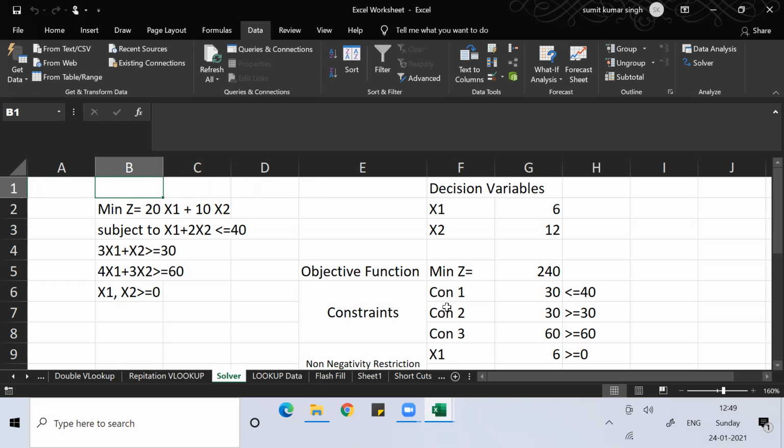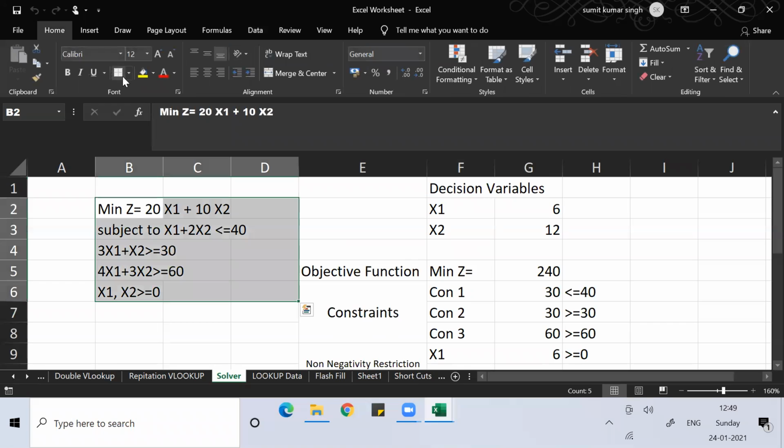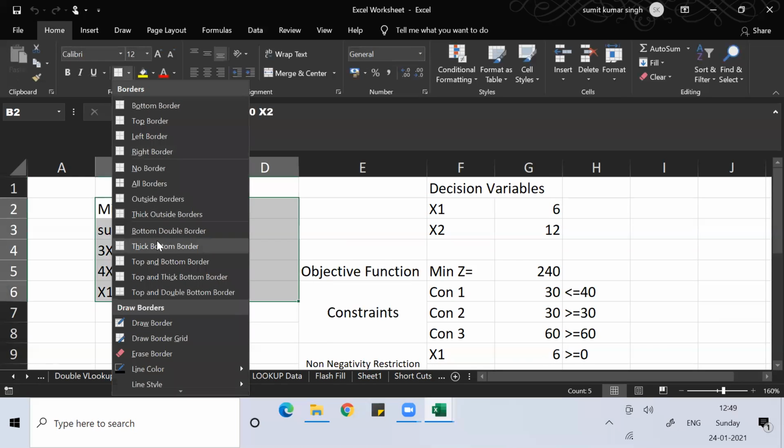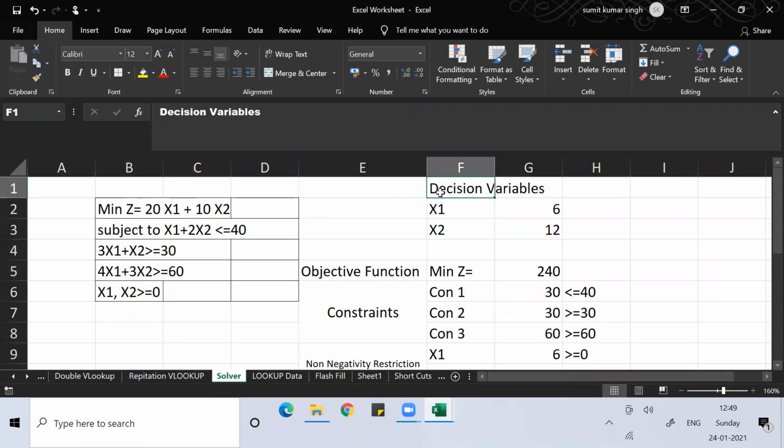So you can do this. This part can be done. Just make a border here. I can make a border under Home. I can go here and take the outside border. I can put all borders here. So that part you can simply make it look better. You can make borders everywhere. If you want to change the font, you can change the font color, everything. This is all simply practice of the concept we understood.